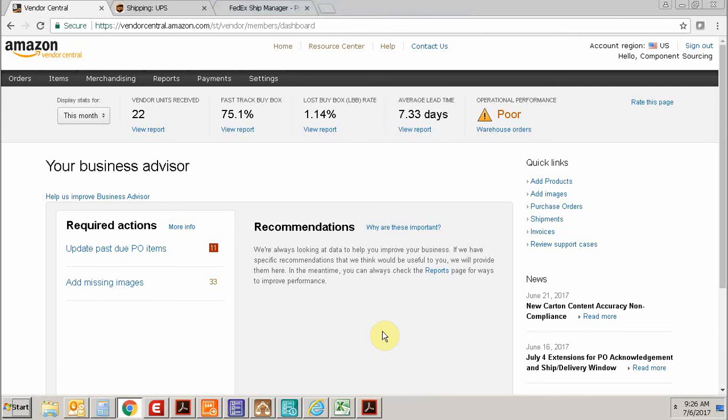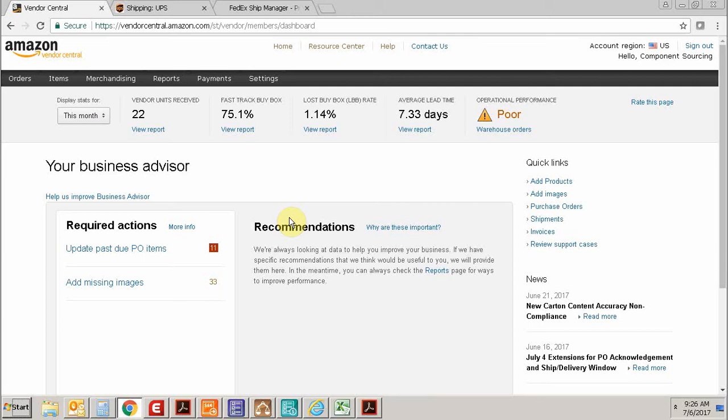Okay, so we have all of our products for Amazon shipped out physically. We had all the documents, we had all the UPS or FedEx or truck bills of lading set. Basically now we just need to let Amazon know how we shipped them and what our tracking numbers are. And they are trying to connect each box to each tracking number, so when their receiving team comes in and